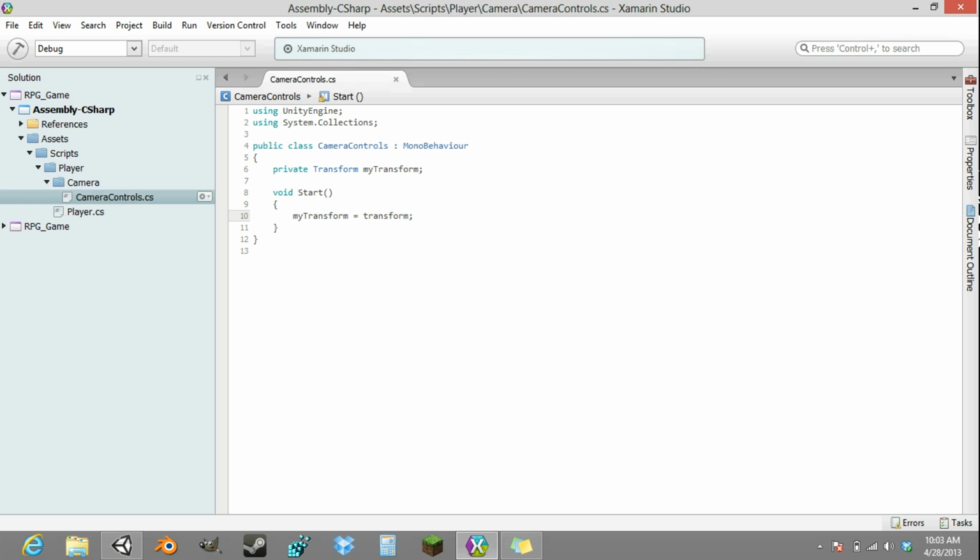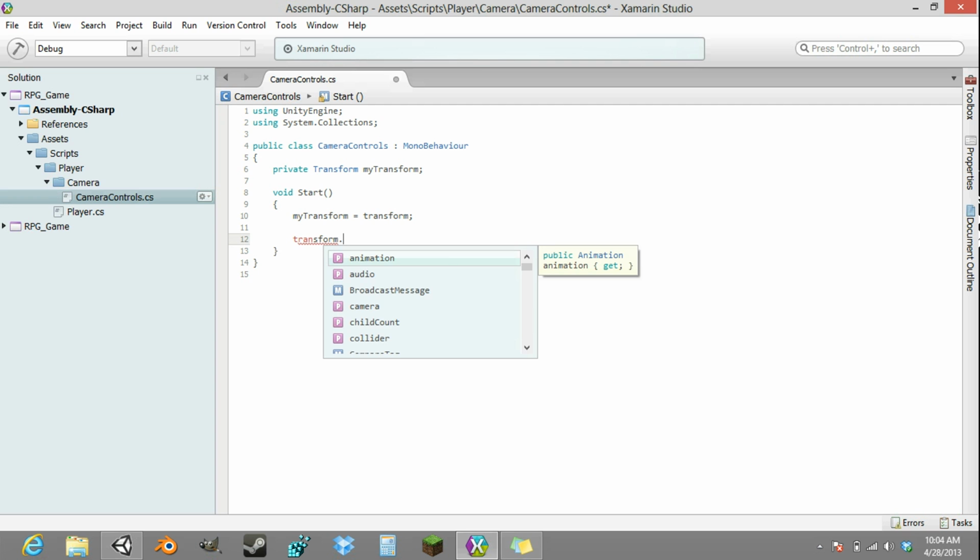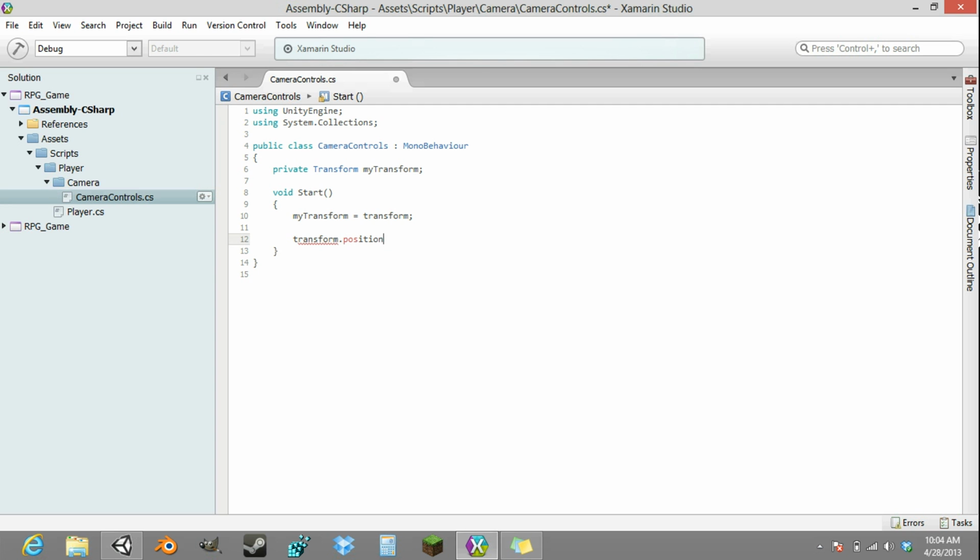So now we have an object named my transform, and we assigned it to our transform. Once the game starts, or once this is instantiated, we're going to want our camera to jump to the back of our player so it will be looking at the player. So we're going to do transform dot position is equal to a new vector3,